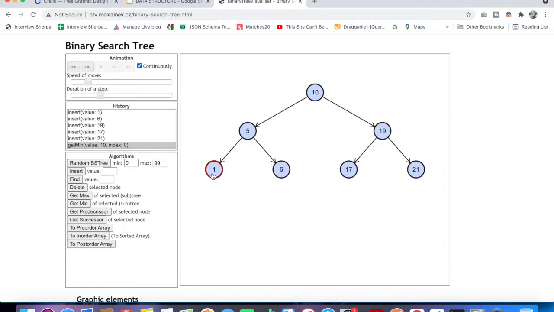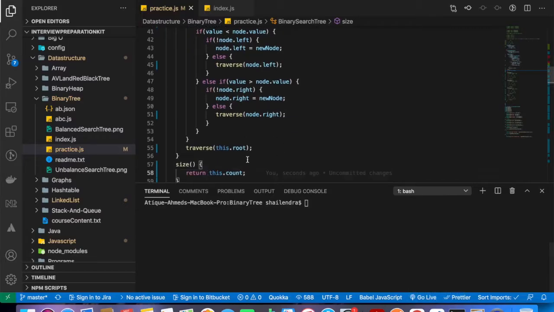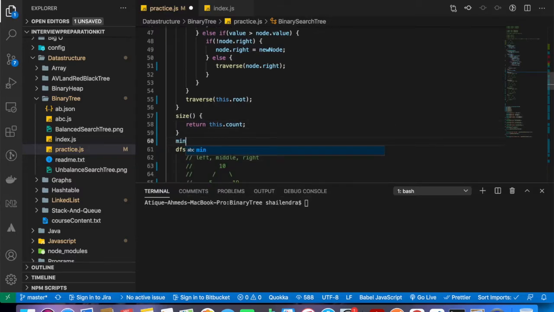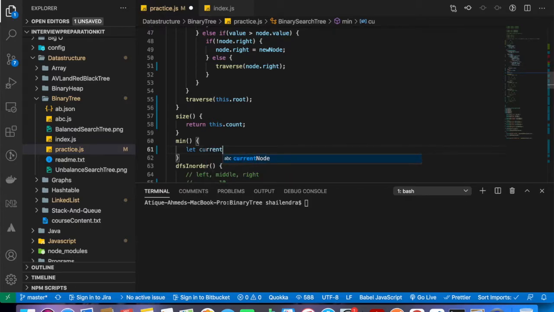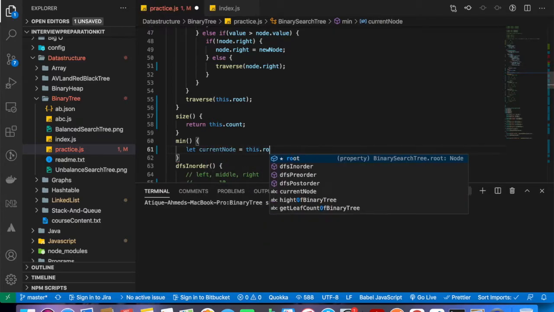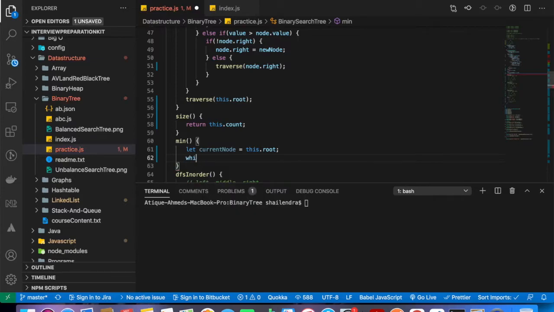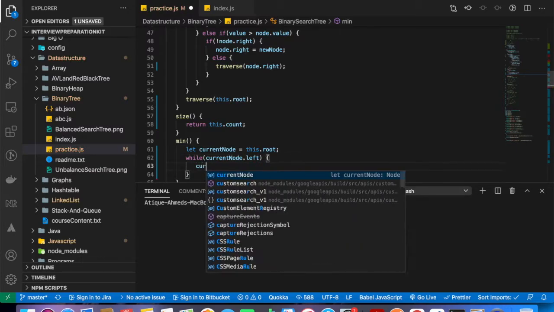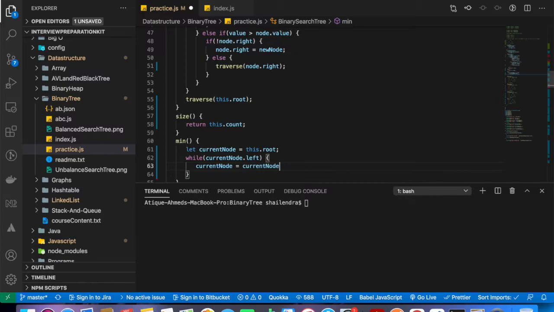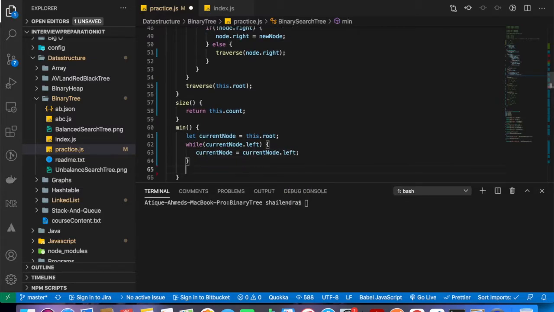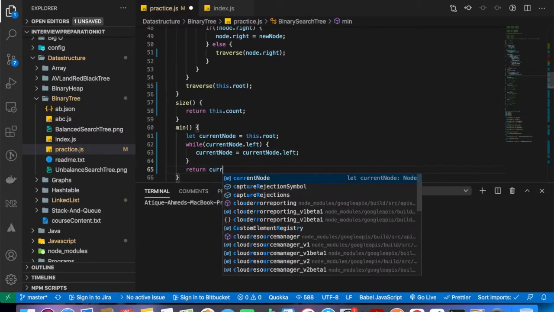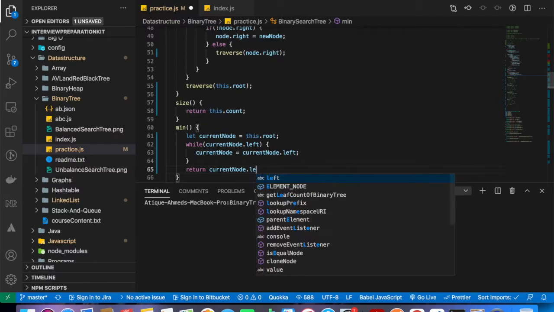Okay, so if I want to write this complete code, I can say min, let current node is equal to this dot root, and I can say while current node dot left, current node is equal to current node dot left, and I can simply return current node dot value.